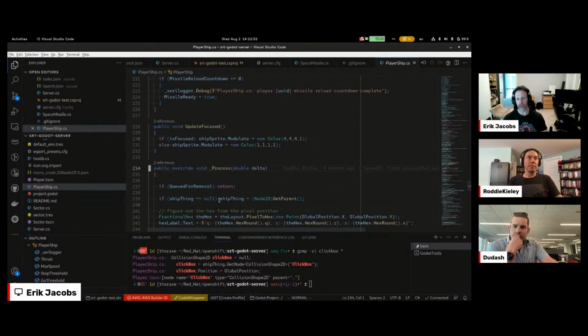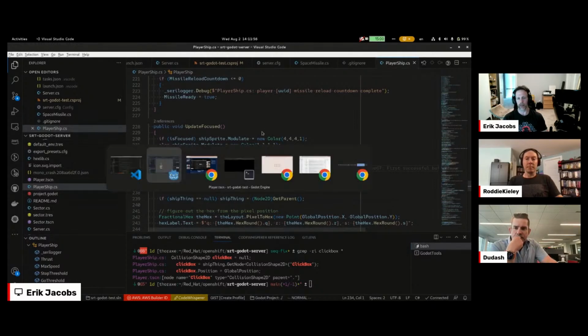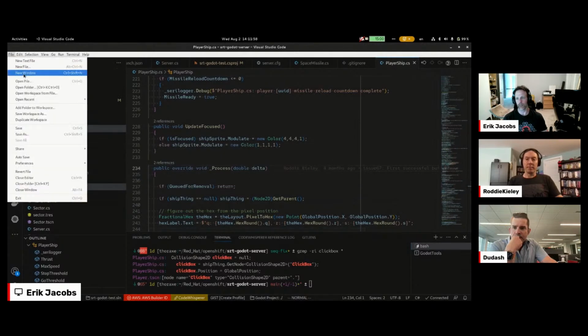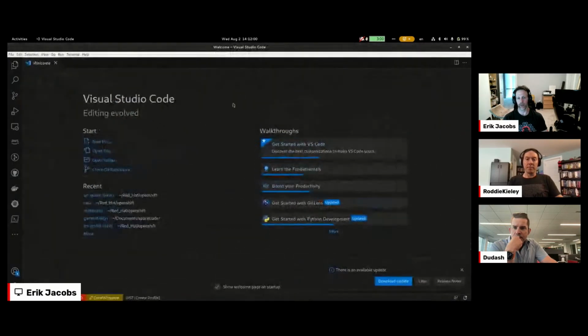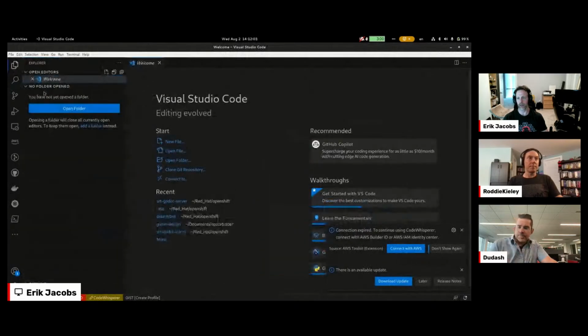So one of the big changes that we made though is in the networking layer. And so what I'm going to do is open a new window here. For those who may not be familiar with the code base,